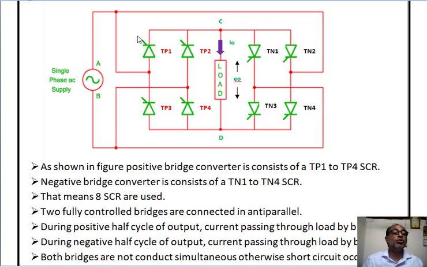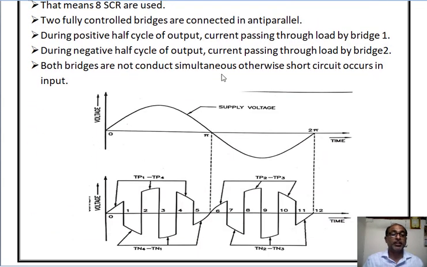Now, in the two fully controlled bridge arrangement, the positive and negative bridges are connected in anti-parallel. During the positive half cycle of output, bridge 1 is responsible for the flow of load current. Similarly, during the negative half cycle of output, bridge 2 is responsible for the current passing through the load. Both bridges do not conduct simultaneously, otherwise a short circuit occurs. So now, as shown in this figure,